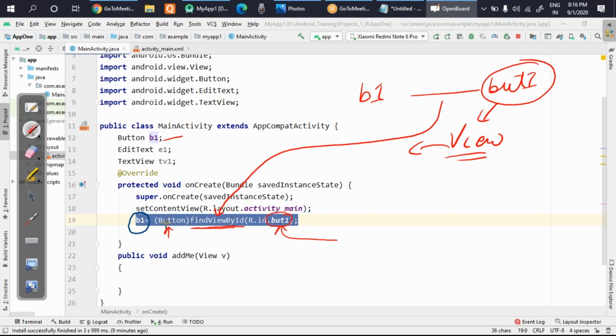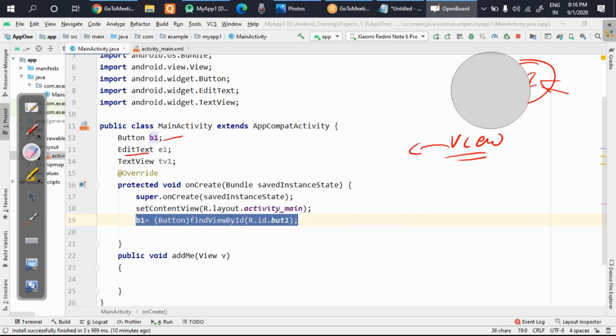Keep in mind, you cannot typecast it to something else, because this is actually a Button, just in the format of View type. As it is actually a Button, it can be typecasted to Button. So as per the type you can typecast it. Suppose it is EditText, I can typecast it only to EditText, nothing else. In this way you can link each and every one.